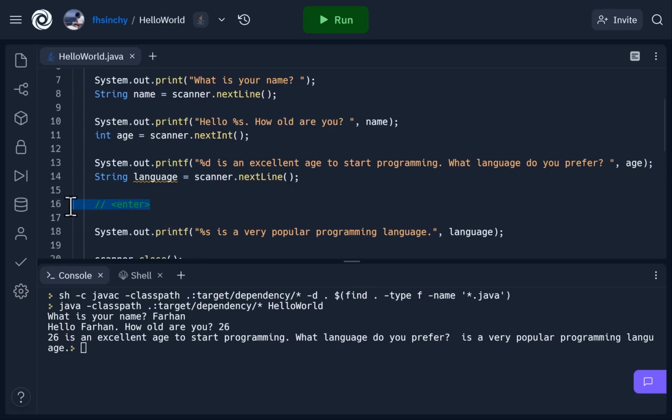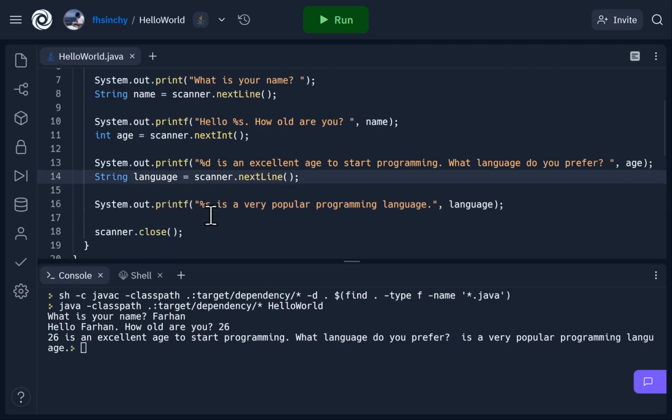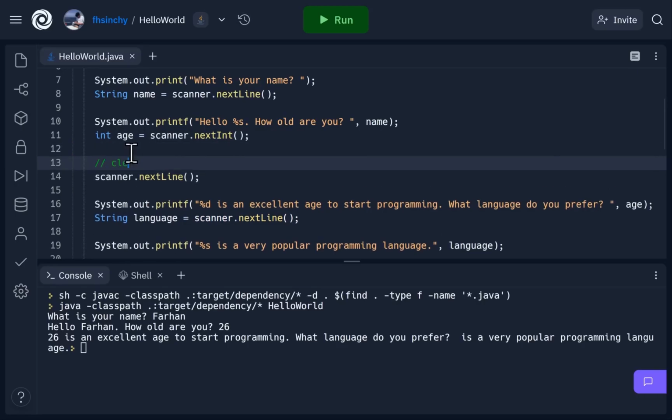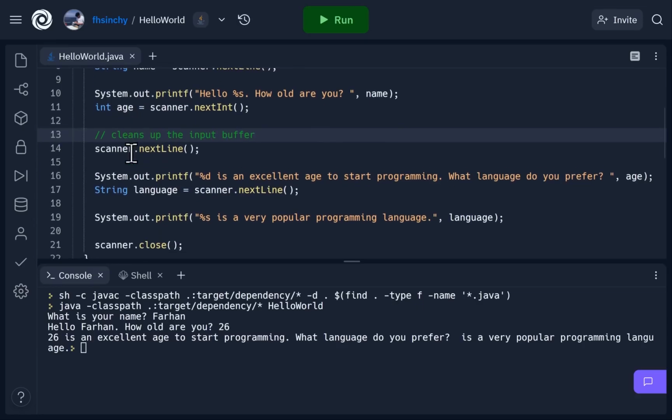Now, there are multiple ways to deal with this problem, and one of the ways is whenever you put a nextInt call or nextDouble call or nextFloat call, whatever it is except nextLine, then you will have to put an extra scanner.nextLine here. So this just cleans up the input buffer. This nextLine method eats up the enter that was left by the nextInt and cleans the input buffer. So if we run the program now,